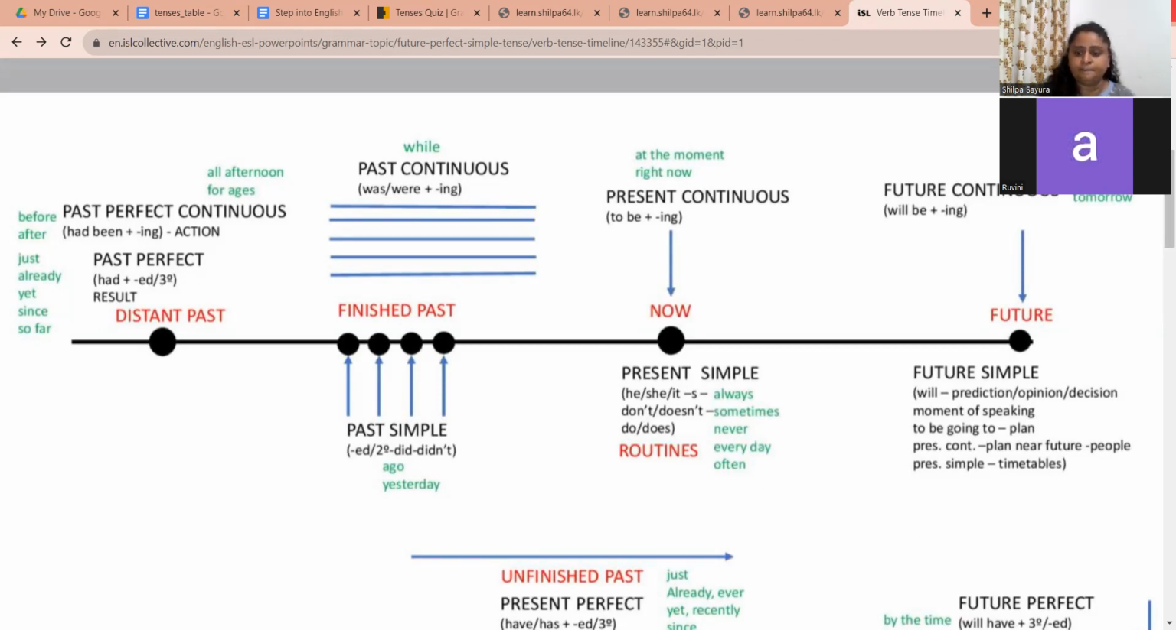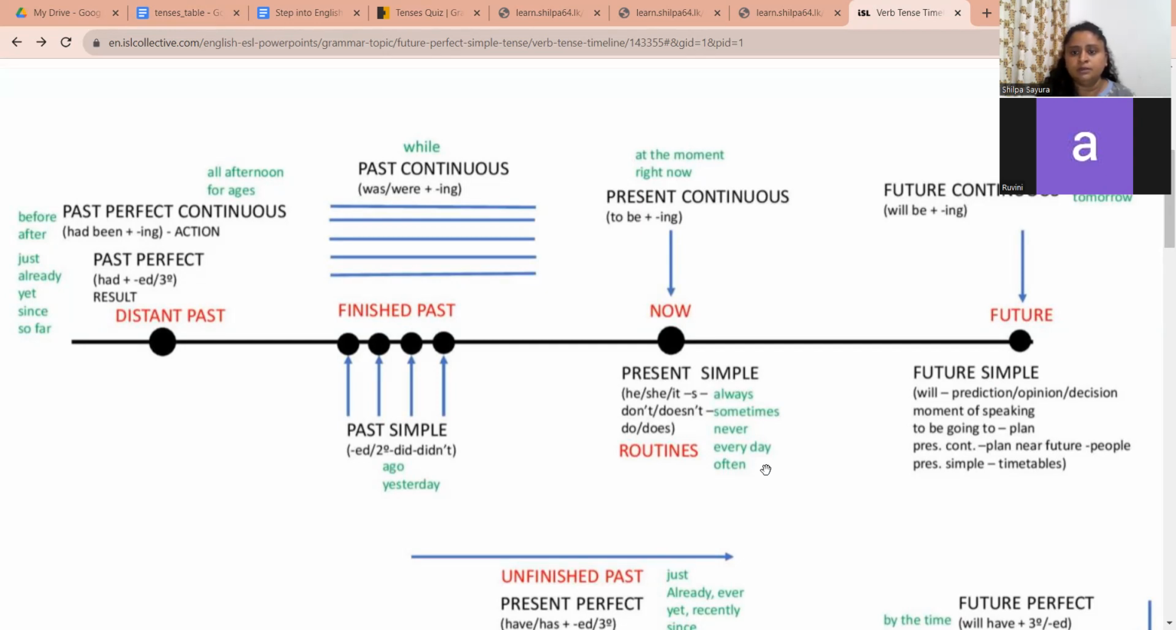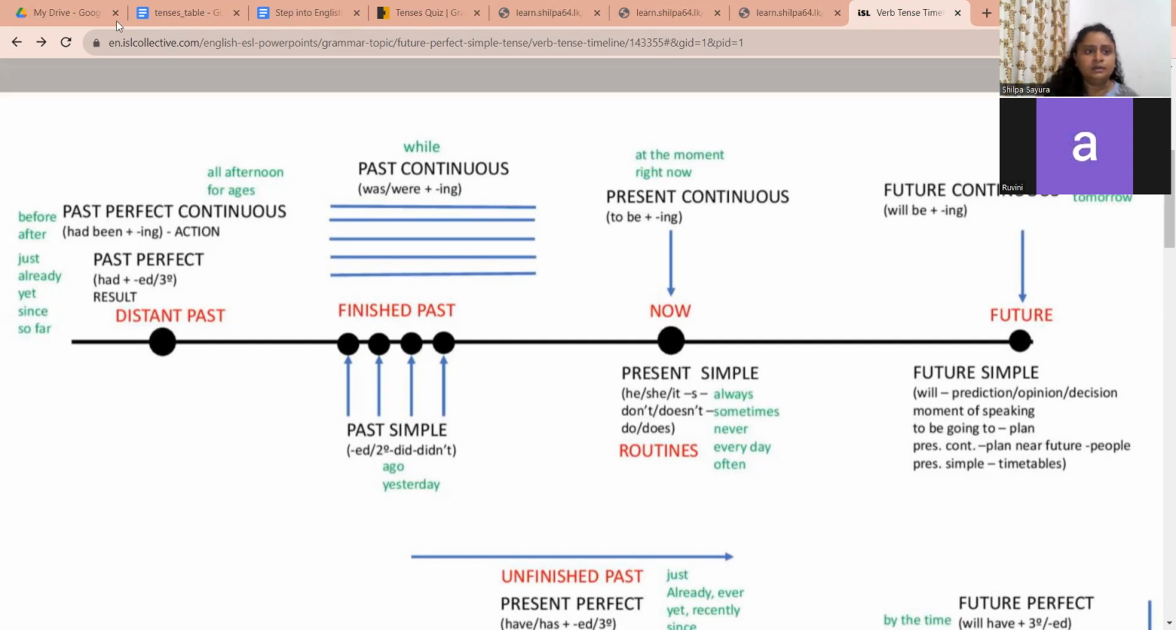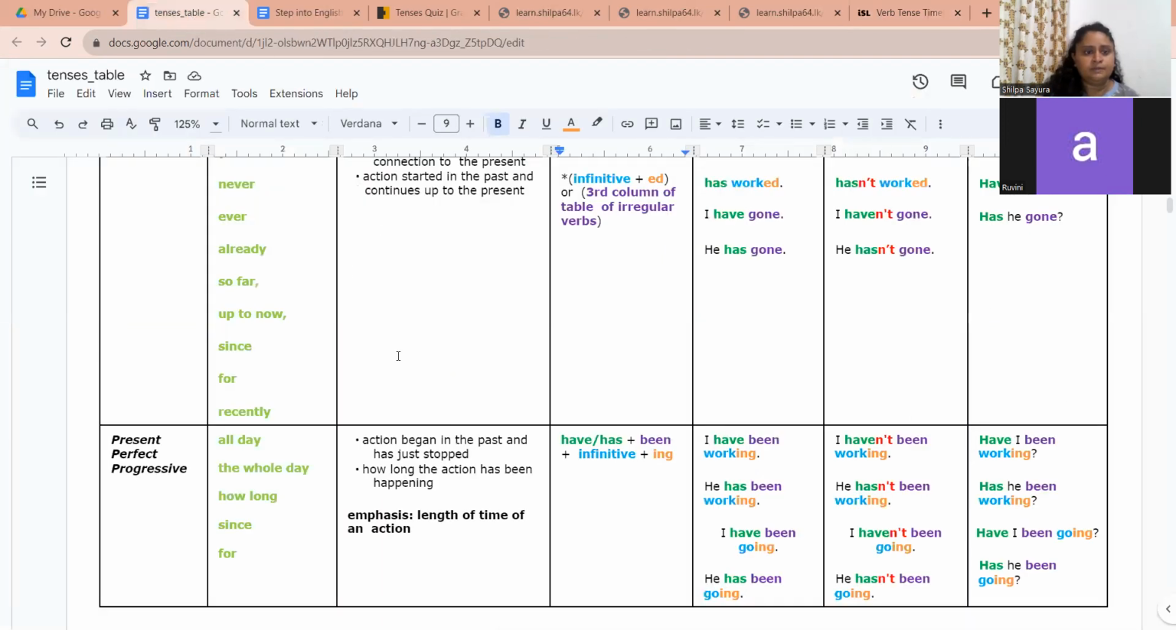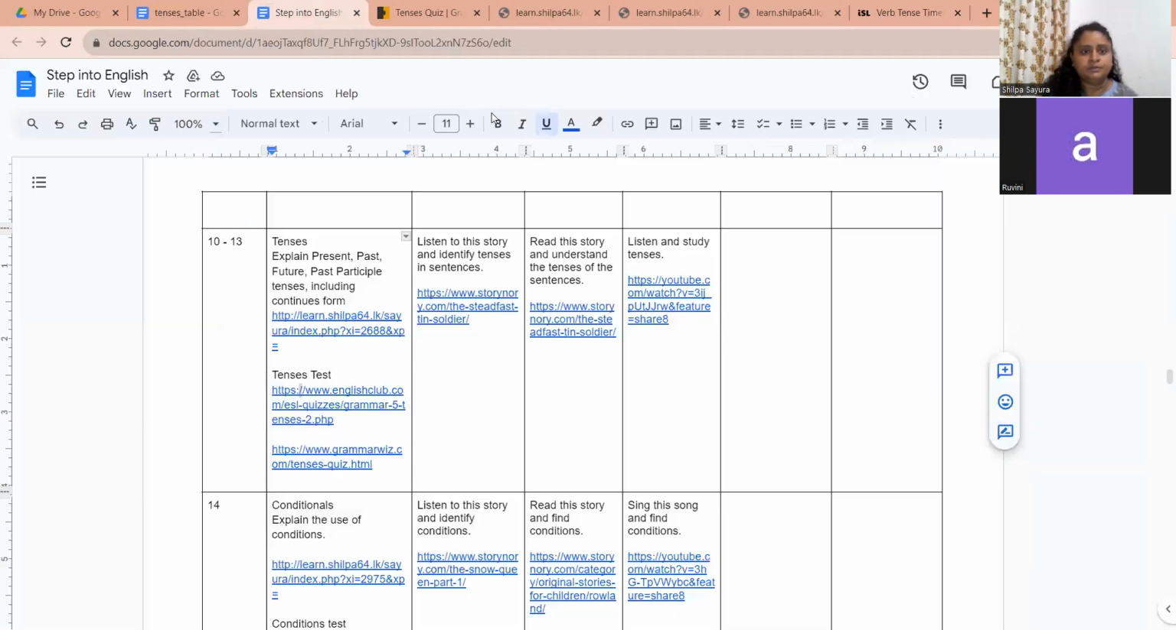Yes. Shall we move forward? Or do you need more time to write this? Copy this down. Okay, finished? Shall we move forward? Yeah. Okay, great. Okay. So